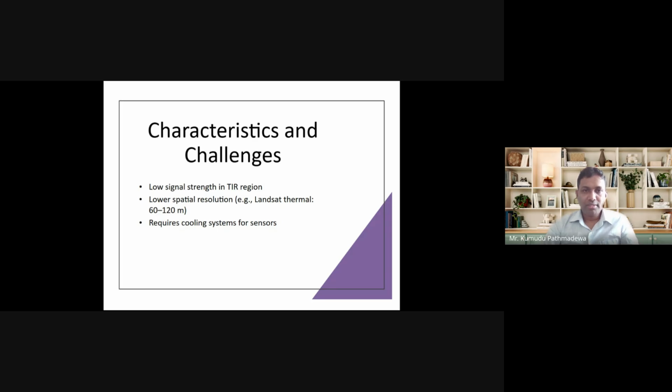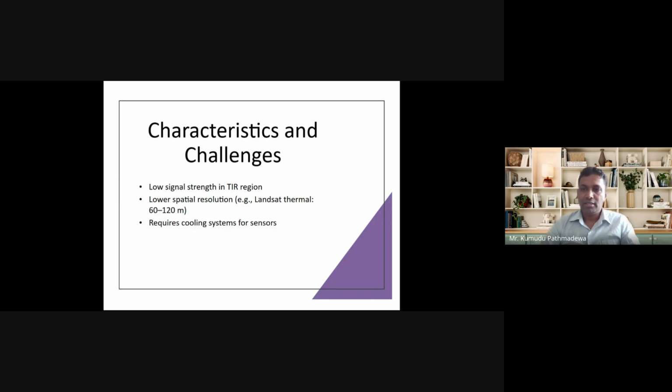Thermal remote sensing has challenges also. The signal strength in the thermal infrared region is low. Spatial resolution is also coarser. So as you can see, most thermal images are somewhat blurred. You cannot clearly see the sharp boundaries of an object, and thermal sensors require a cooling system